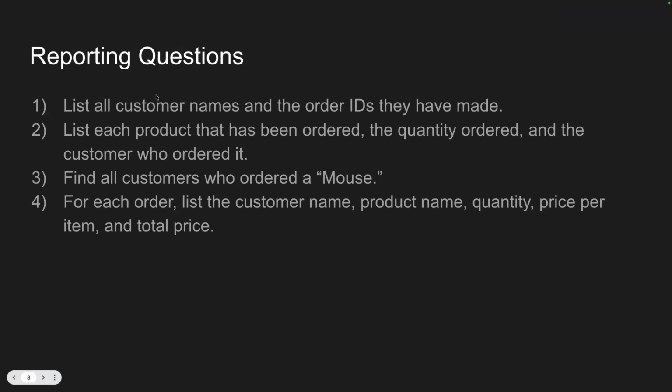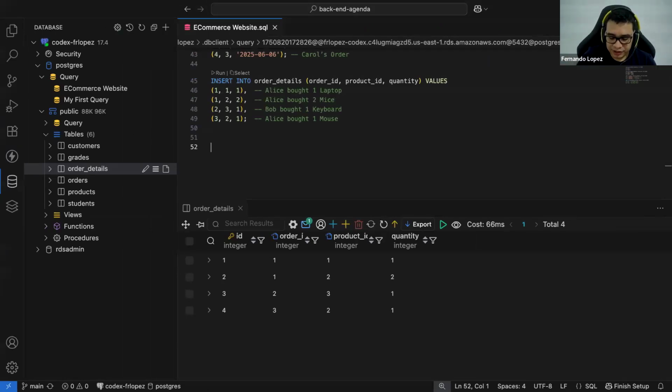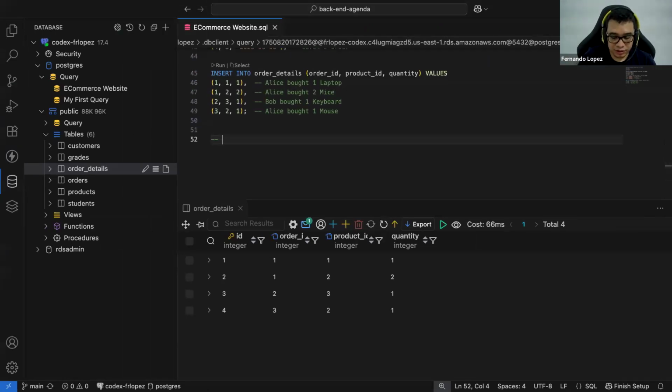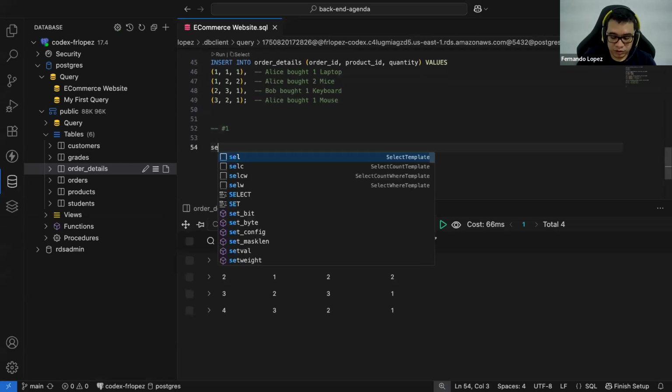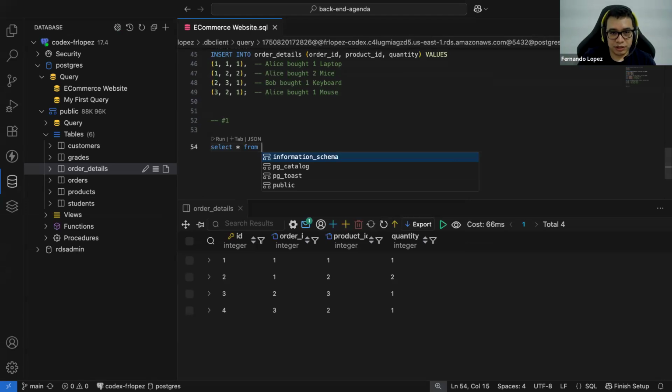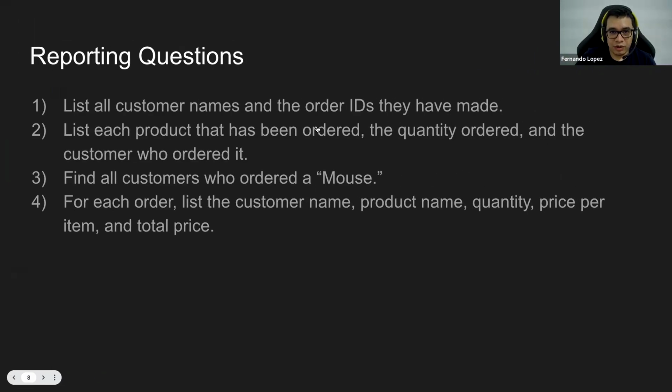Inner join, right? It's going to be an inner join. That's right. Because we're going to put in the report the ones that have orders. We're not going to list all the customers, even if they do not have an order. So if we're listing the ones that are in common, we're going to use an inner join. So the way to solve this, you will see. This is the first question, right? Yeah, number one. So we're going to list all the customers with an order, right?